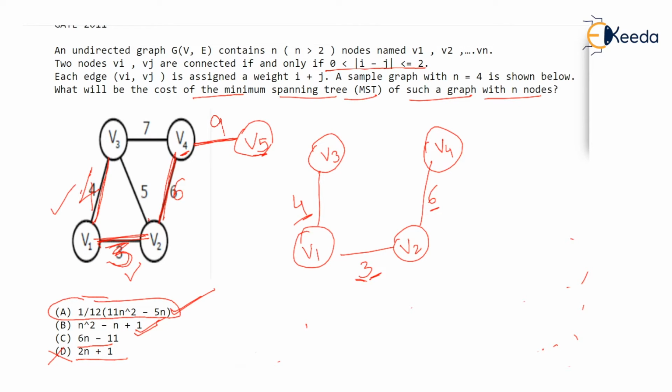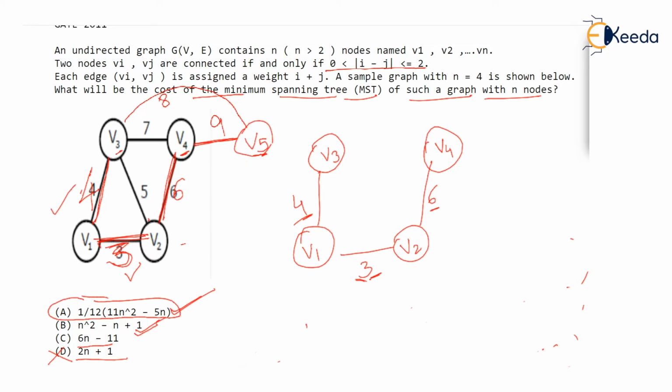What else will be adjacent? 3 and 5 will be adjacent, you see, because the difference between 3 and 5 is 2. And the weight over here will be 8, 3 plus 5. That's it then. 2 and 5 cannot be adjacent because the difference is 3 here. 1 and 5 obviously cannot be adjacent. So only 4 and 3, the fourth vertex and third vertex, can be adjacent. Now you have got one more vertex.